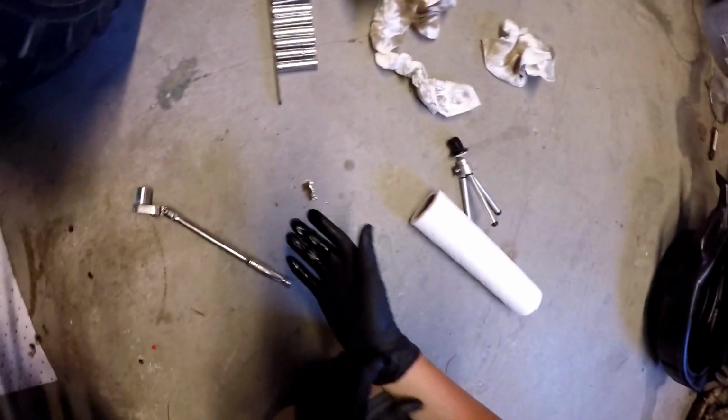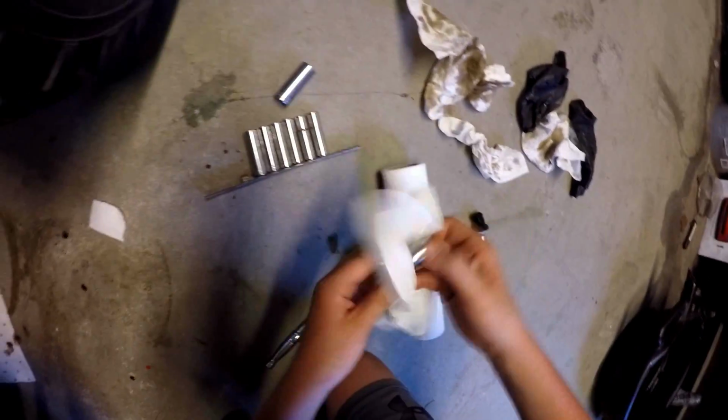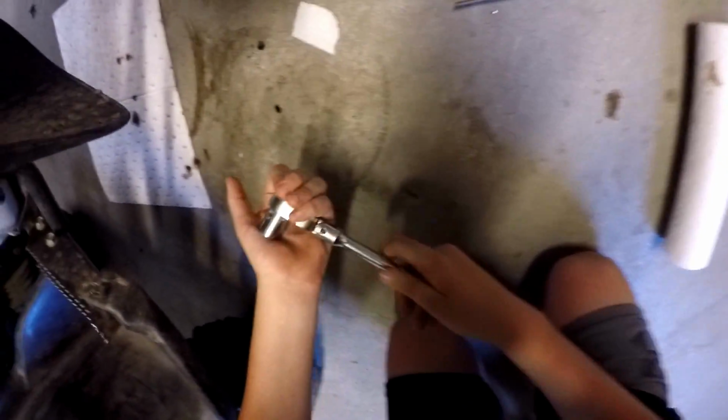The hole in the brush plate is so small. I don't even care if I get oil on my hands. Now I should be able to get it on there. I'm gonna get it on there tight. So now that that's on,